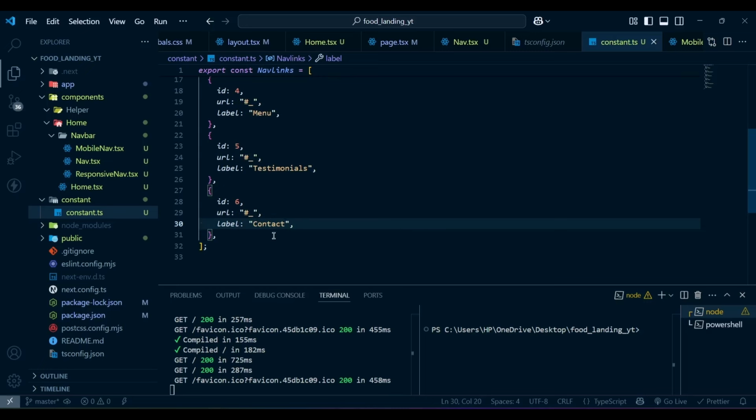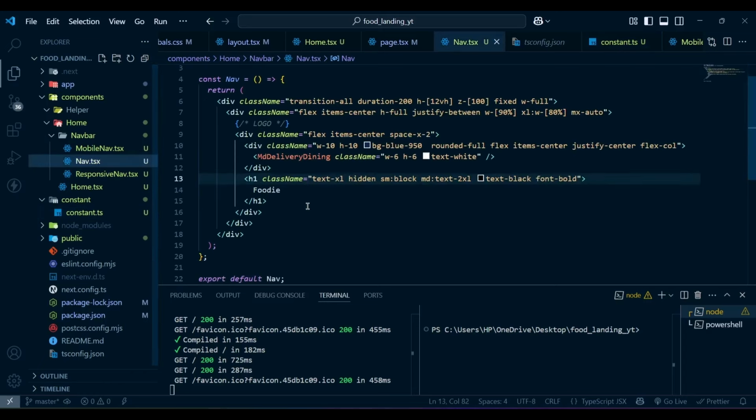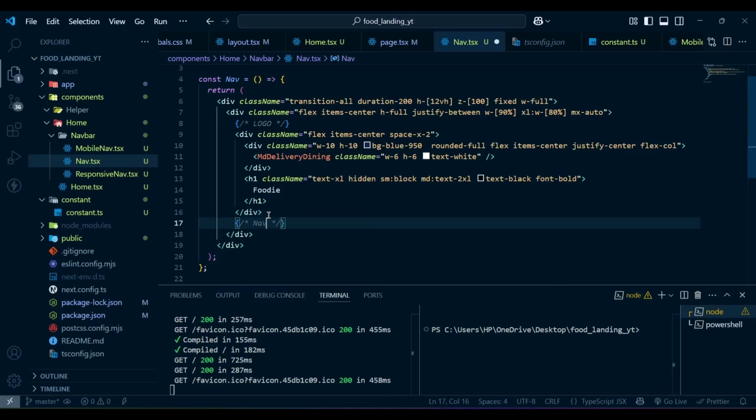So by doing this you can easily add new navlinks here, or you can delete navlinks from here, and we are going to map through all of this, and you will be adding only one design, and that will apply to all the links. So let's go to the nav.tsx, and here after the logo we'll have our nav links,